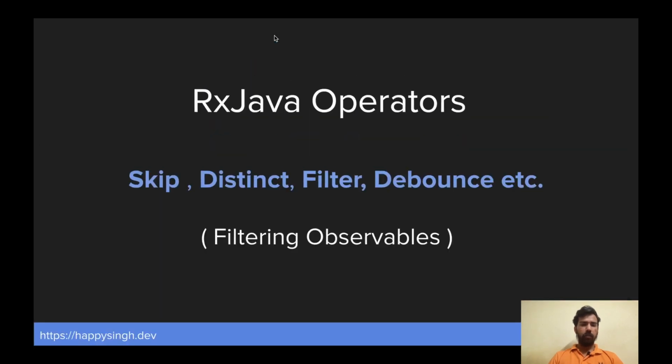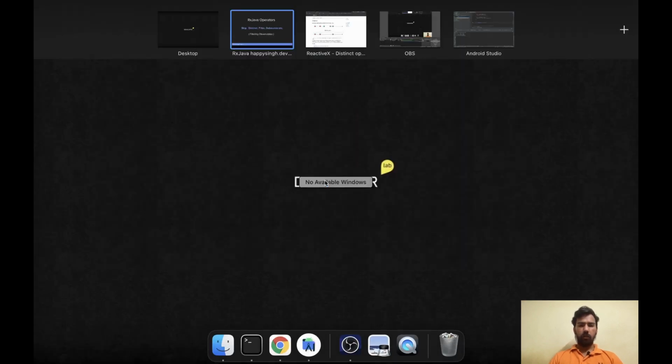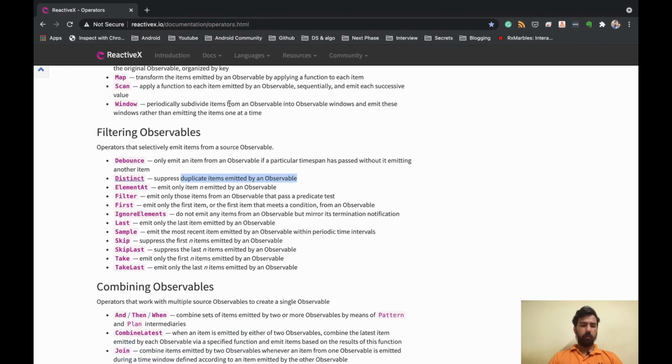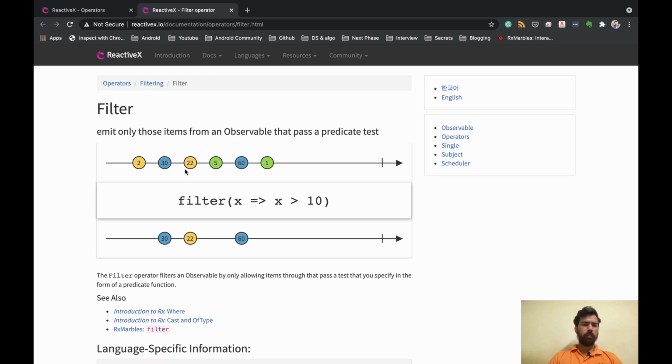Now the third one is filter. As you can see, we will be filtering data depending upon the use case. We'll see its marble diagram. In this marble diagram, as you can see, we have a different type of data stream. When we add a filter, it uses a test where if the value is greater than 10, then it will emit the data, otherwise it will skip.